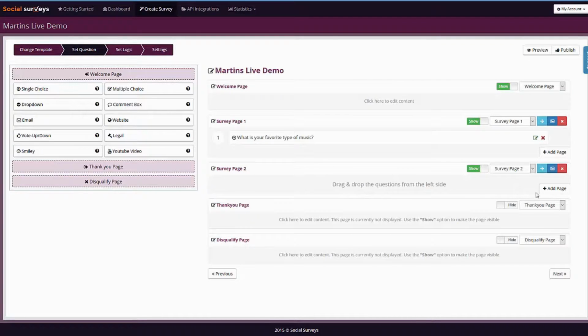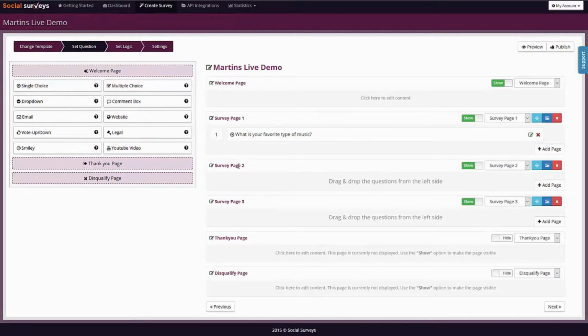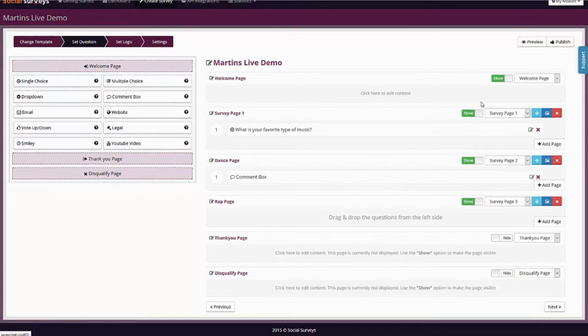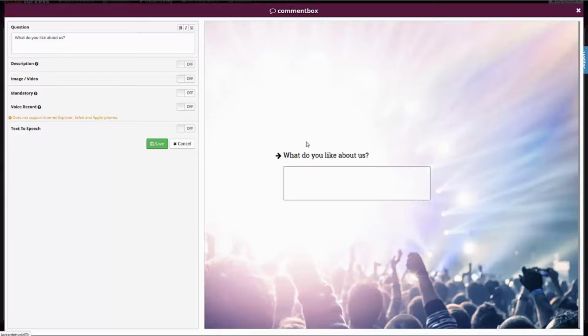So for this demo and to demonstrate the question logic system, which is very powerful, I need to add 3 pages. You can rename the pages so you don't get lost. So I'm going to call them after the answers. And I'm going to demonstrate the logic now. So we'll add another question specific to the previous answer. So we'll go for a comment box for dance, and we will say